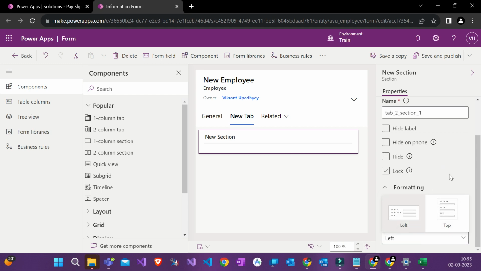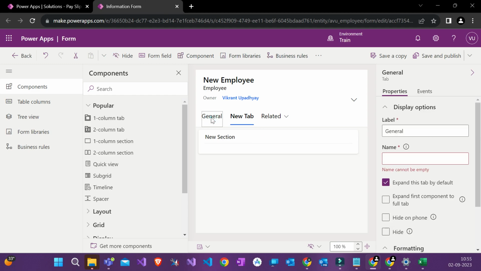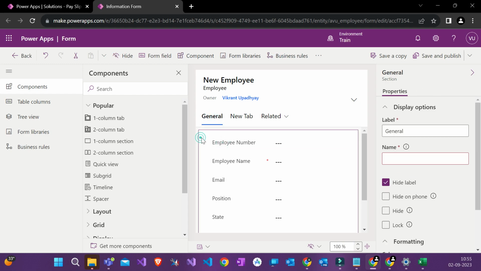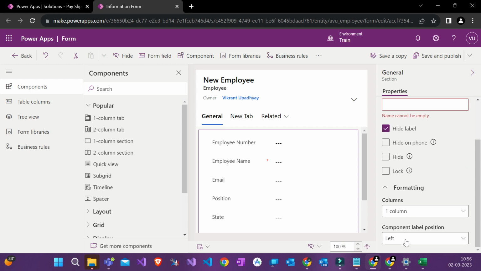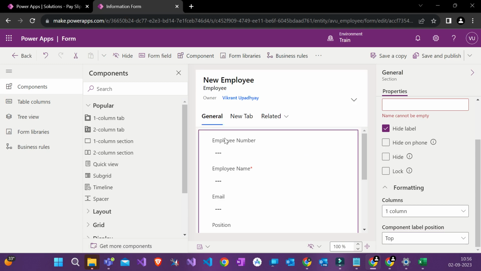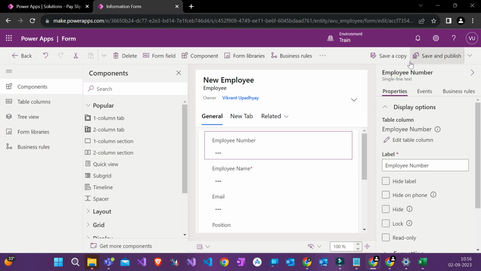See, again, how you want things to be. You want the label. If you go here, the label is coming on the left, right? How do you want it? Do you want it on the left or do you want it on the top? I'll show you. I'll click on top. You will see the change soon. See, employee name came, below it data entry came, okay.